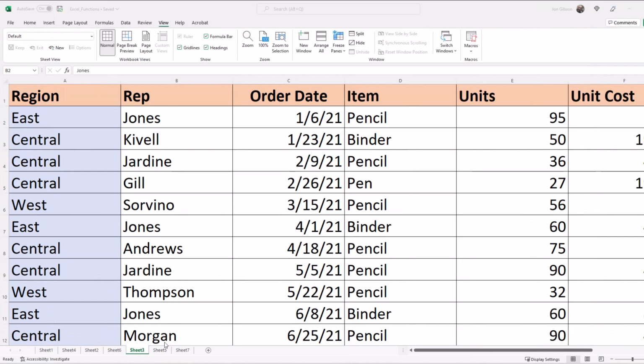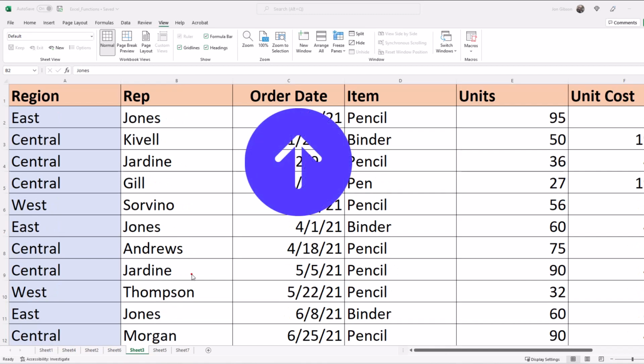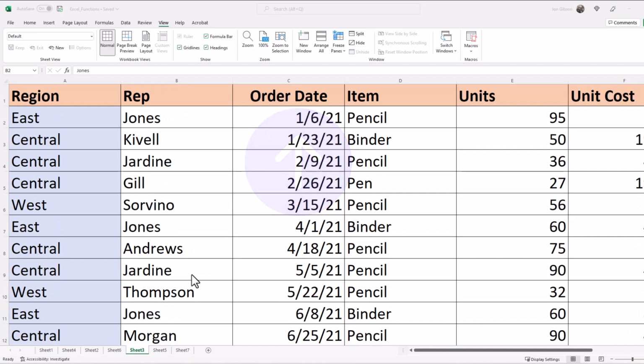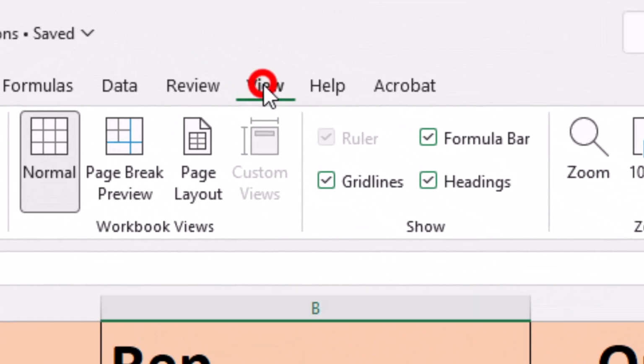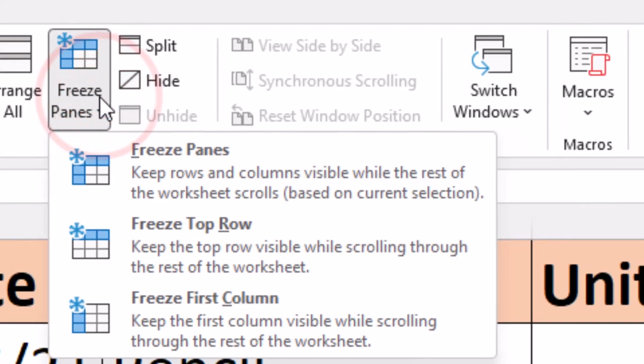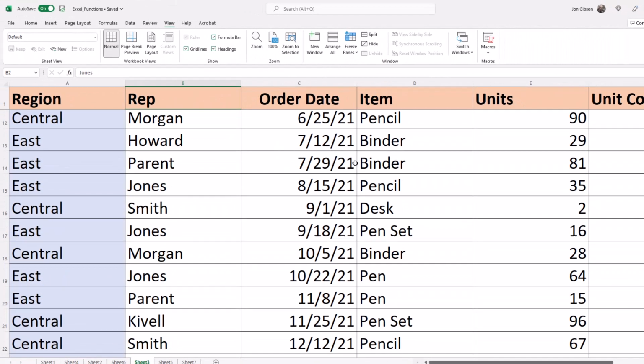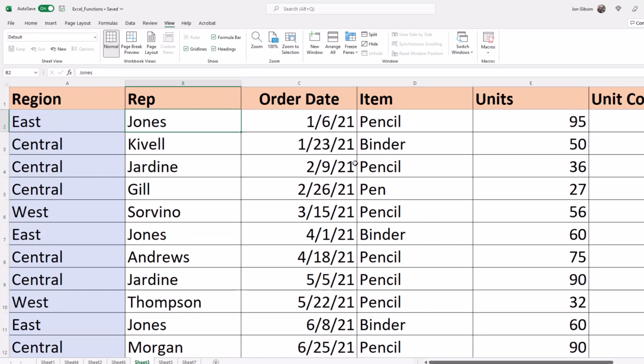Let's start out with the Freeze Top Row tool. Here is our worksheet. When I scroll down, I lose my column headers. This is not desirable. Let's fix that. Go to the View menu option at the top of the Excel program. Find and click on Freeze Panes. This will open up a menu with 3 Freeze Pane tools. Select Freeze Top Row. That's it. Now I can scroll through the worksheet and the top row will stay in place, making it easy to keep